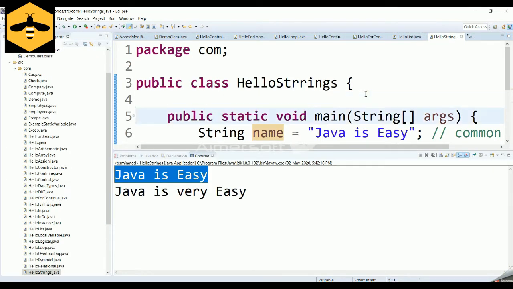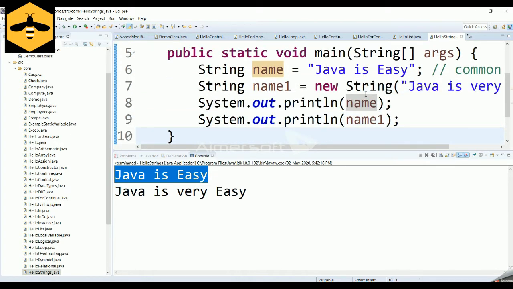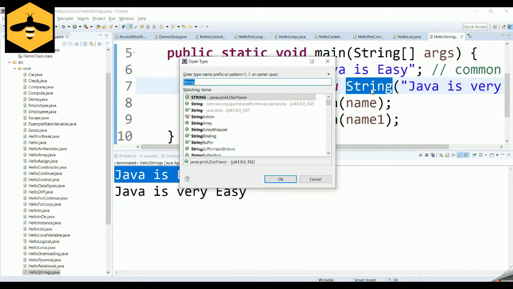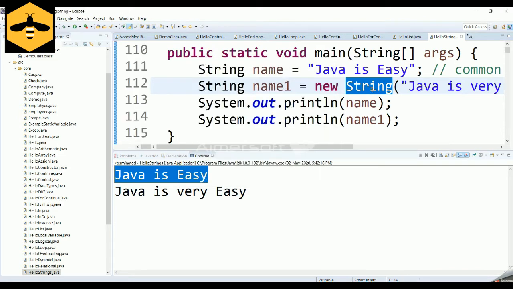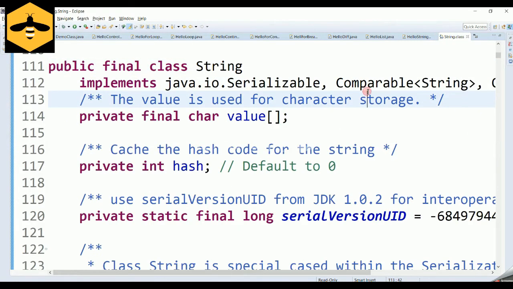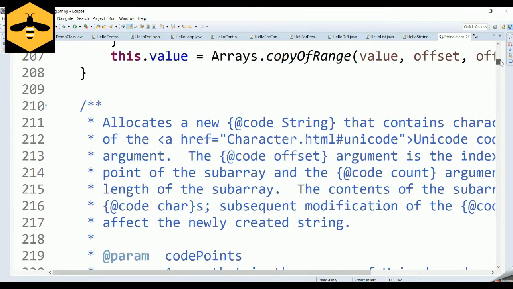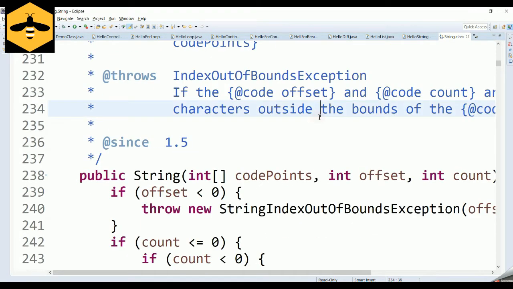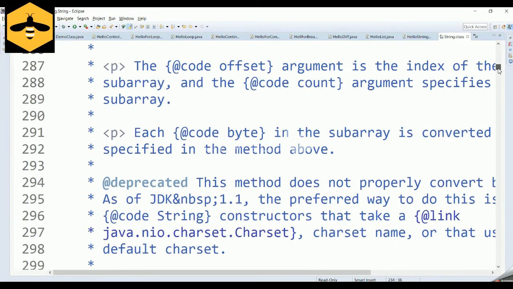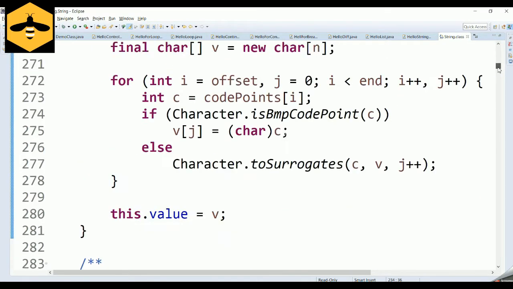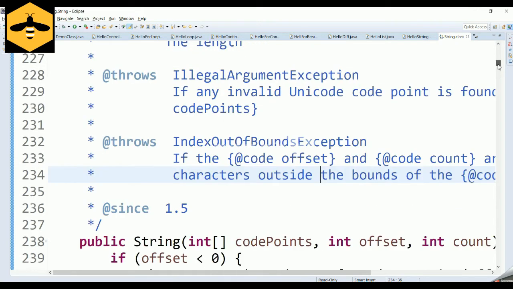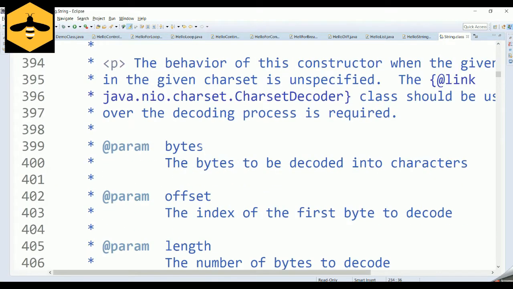Since string is itself an object, there are various additional methods provided by the string. For instance, if I open the String class given by Java, it is inside the java.lang package. There are various methods provided by the string which we can make use of to solve real-time problems. So let us check some of the functions which are most commonly used for performing string operations in Java.